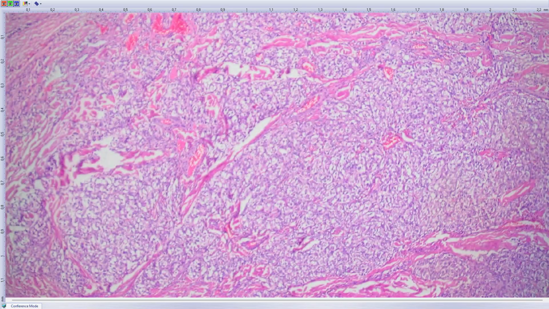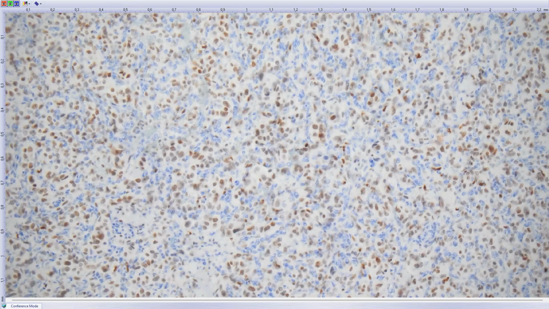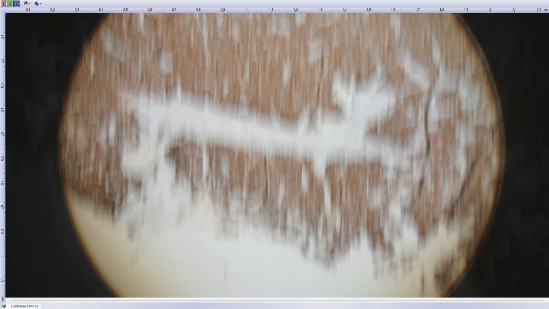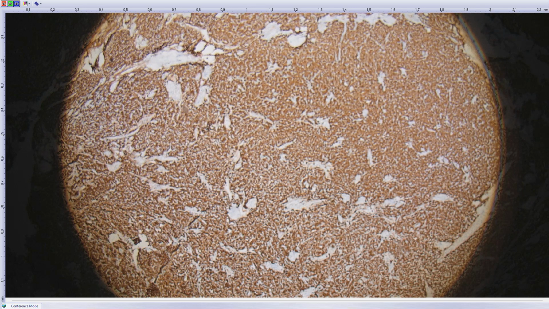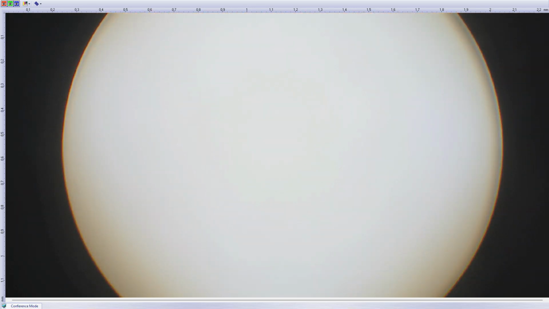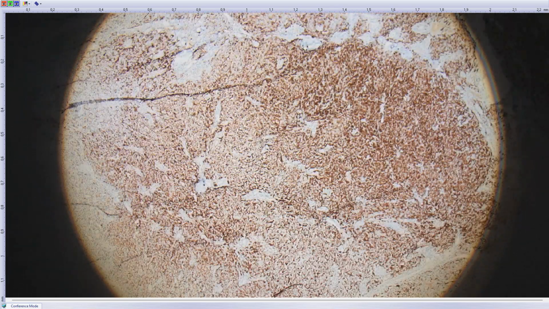So we might perform, for example, reticulin staining to highlight this cell ball architecture, and the lesion is typically immunohistochemically positive for GATA3. This is an excellent marker for this tumor, and the lesion shows synaptophysin positivity, very strong and diffuse. The lesion is positive for chromogranin,